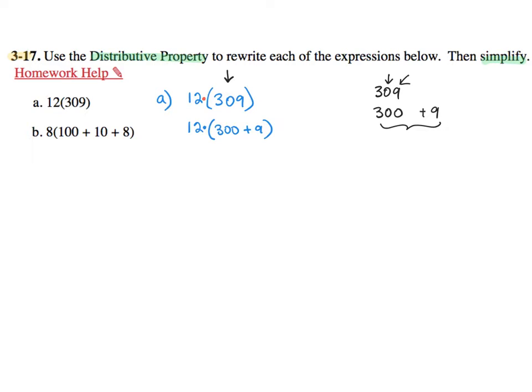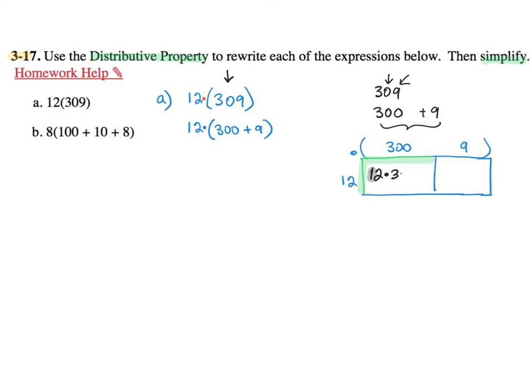Now in class we did visual, like an area model. So we have 12, and then 12 could be substituted with 10 plus 2, or it could stay like that. And then we have 309 as the length. So visually, let's take a look. We have to find the area of the small rectangles first. We're going to go length times width. So that is 12